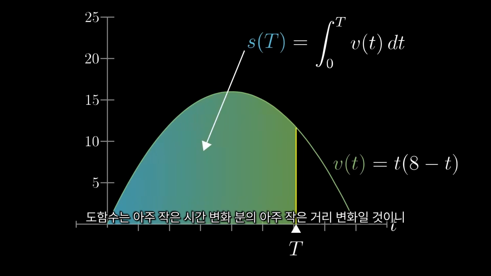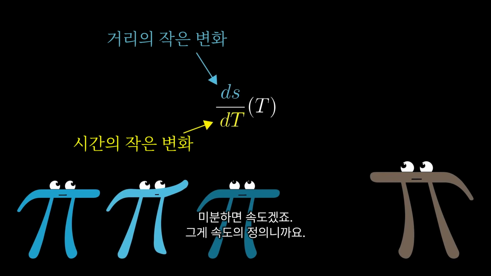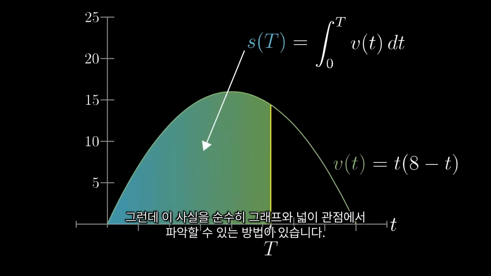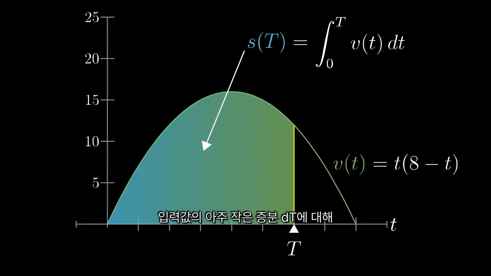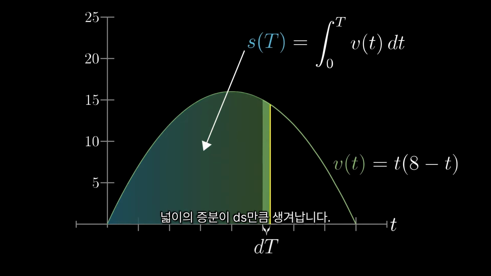On the one hand, a tiny change in distance over a tiny change in time, that's velocity. That is what velocity means. But there's another way to see this, purely in terms of this graph and this area, which generalizes a lot better to other integral problems. A slight nudge of dt to the input causes that area to increase, some little ds represented by the area